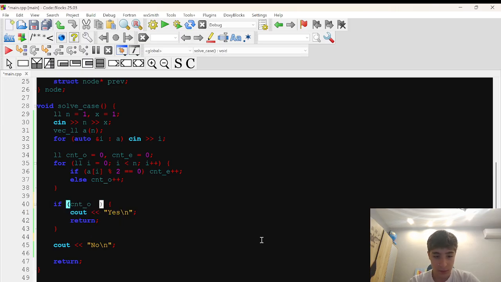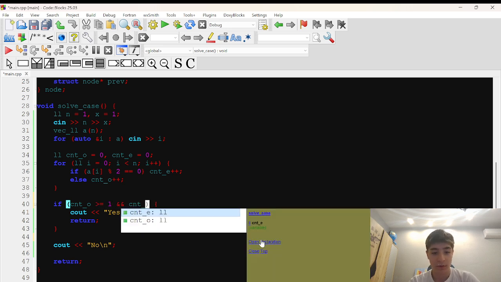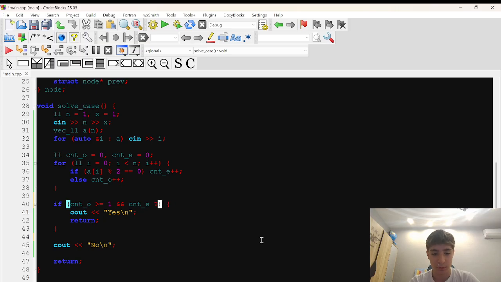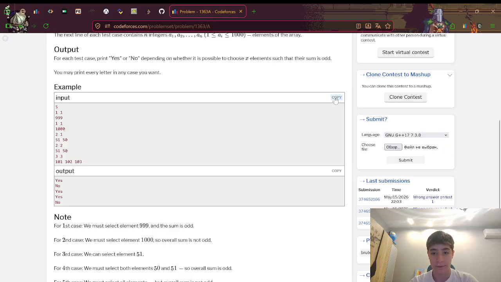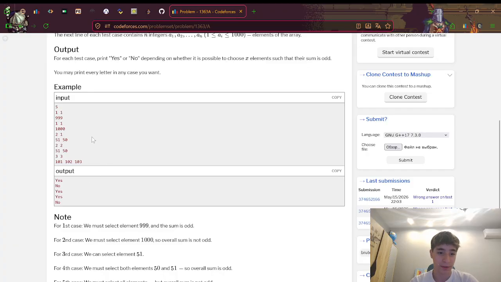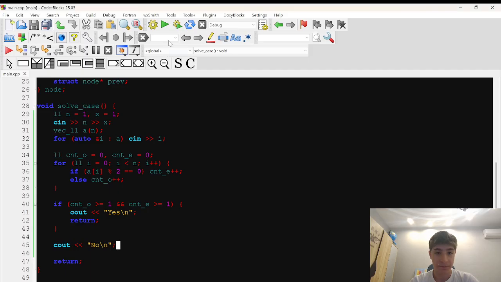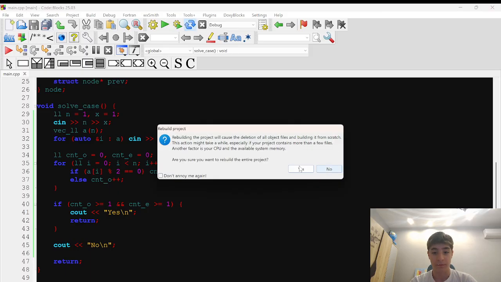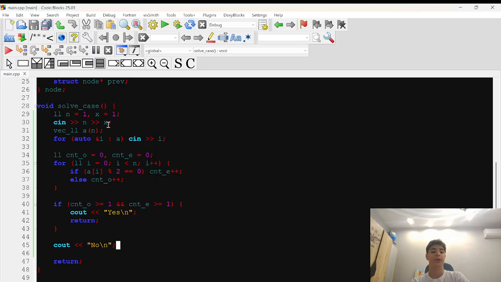Count O is larger or equal to 1 and count E is larger or equal to 1. Why haven't I seen this? The example is going to work. Yep, 100%, all of them. The third test is going to work like